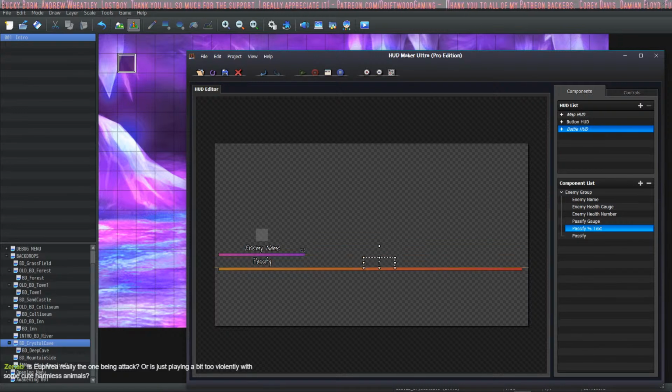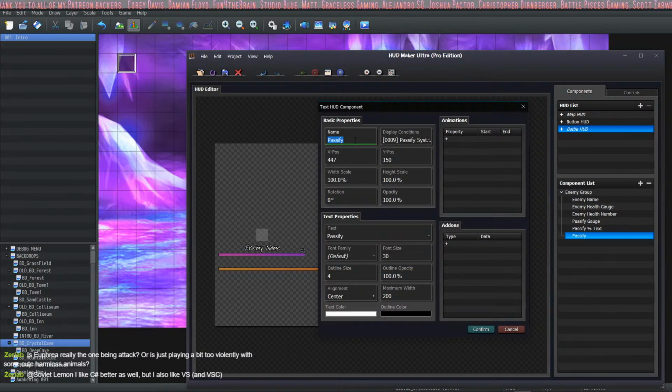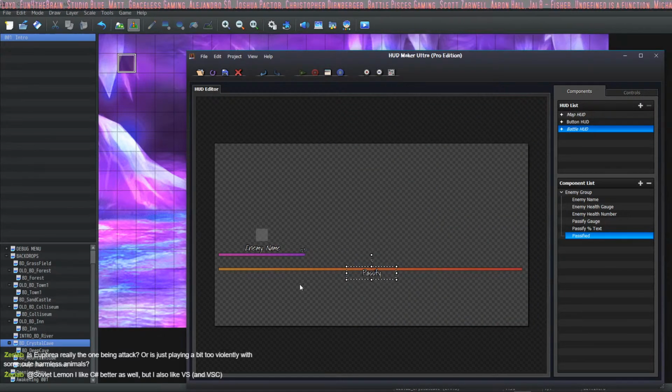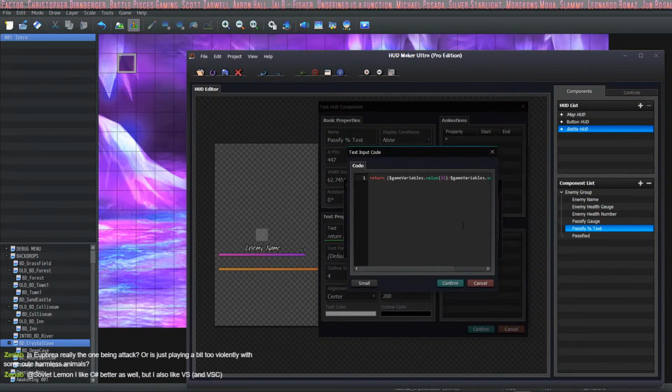Let's do this. Is there a center point? Can I find the center point? There's a center point. Pacified. So this much percent pacified. What's my equation here?